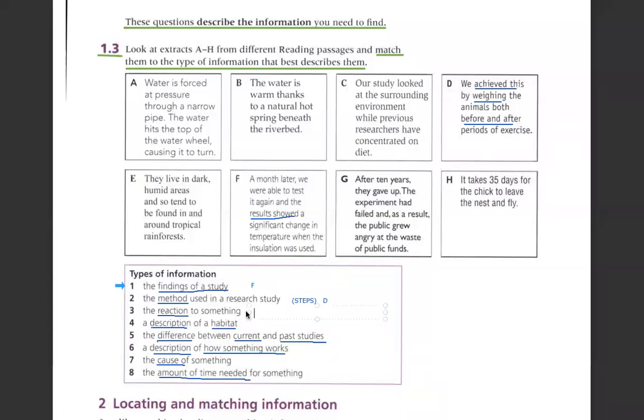So the correct answer here is G. Okay, if you didn't get it, let's have a look at G. So after 10 years, they gave up. So here's the reaction: the public grew angry. Number 4,